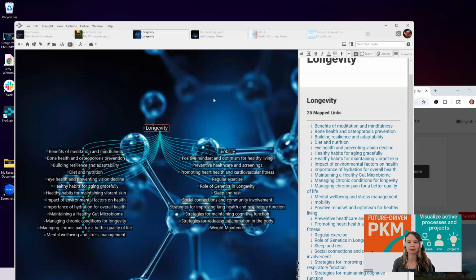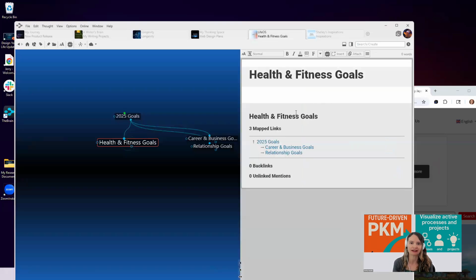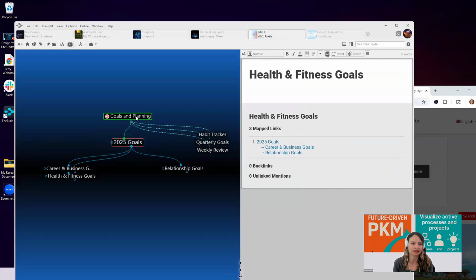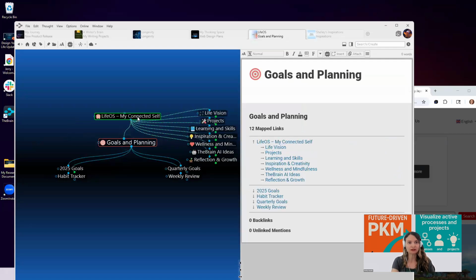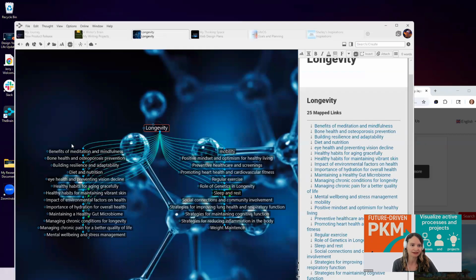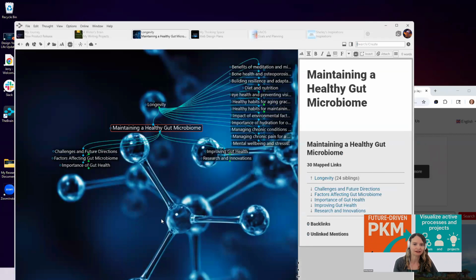So the interesting thing about these future forward brains is you can have sort of the one brain for everything. And we do have that template for you in LifeOS. But you can also do separate brains if your topic is getting fairly large, or for instance, I like to collaborate with some researchers and some people in the office on longevity. So in this case, I've got this as a separate brain. And let's just go back to this.